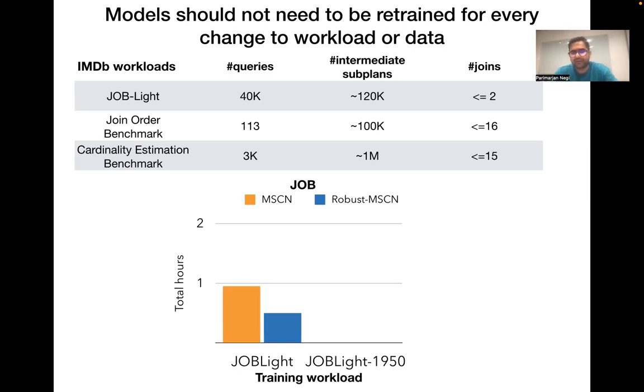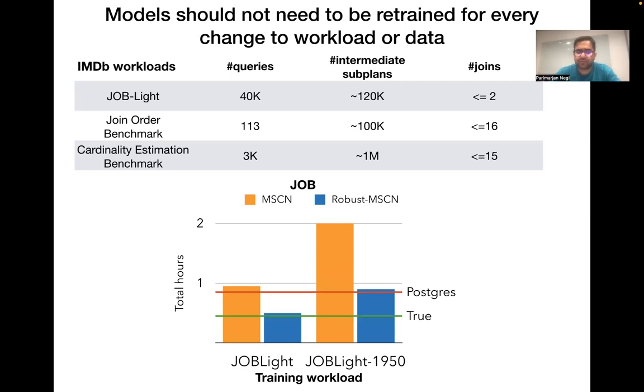One surprising result is that even when training on JOB-light, we are able to achieve pretty good performance on JOB, which is a much more complex workload, pretty close to true when the data is new as well, and when the data is stale, it's still better than without our techniques, but our performance doesn't really improve on Postgres, and that's the area I think that's very